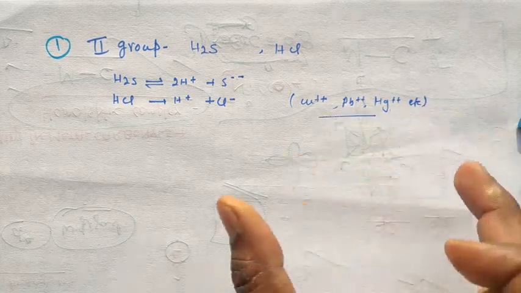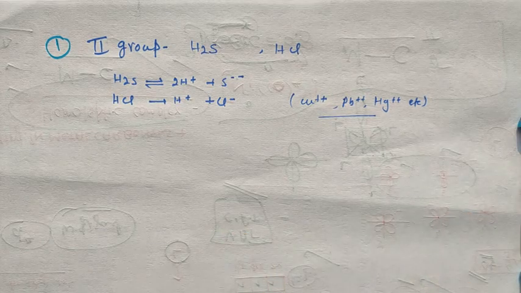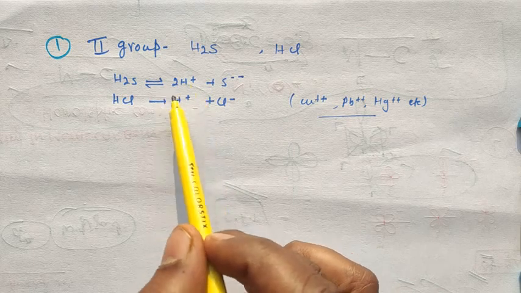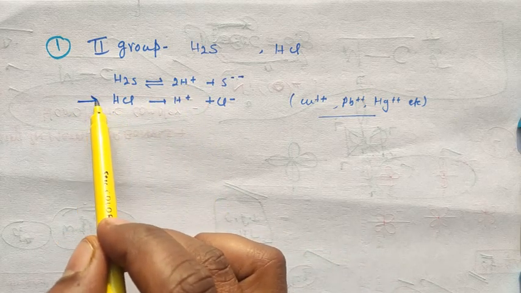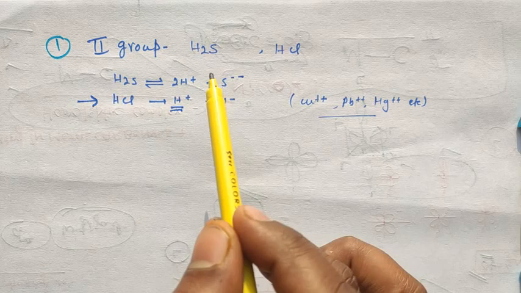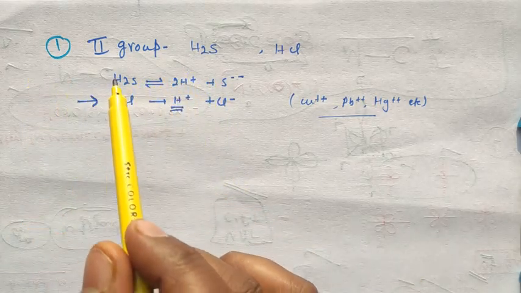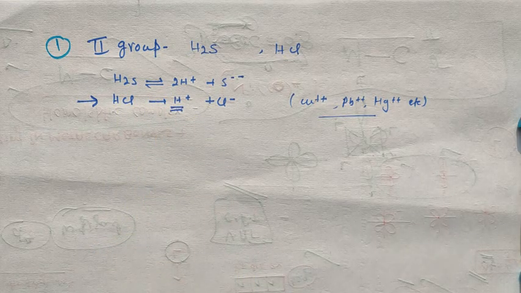This analytical part you cannot fully understand because of the lack of practical work. When we do some analytical chemistry in the practical part, you can easily understand it. But here you can understand that H2S is a weak electrolyte, so it will give H+ ions. By adding a strong electrolyte, HCl, it will again increase the concentration of H+ ions in the solution. That's why this equilibrium will shift in the backward direction. Similarly in the third group, you can understand these examples only by taking the common ion effect.